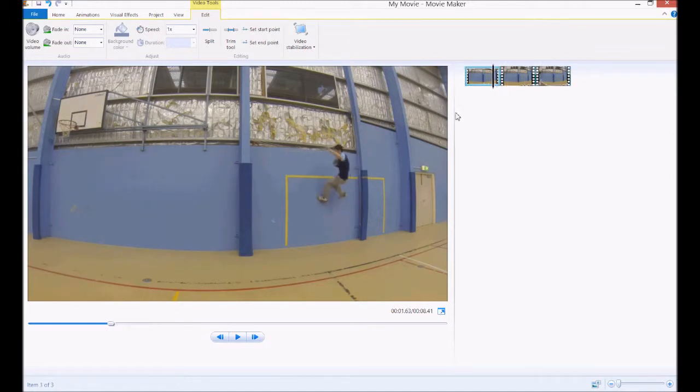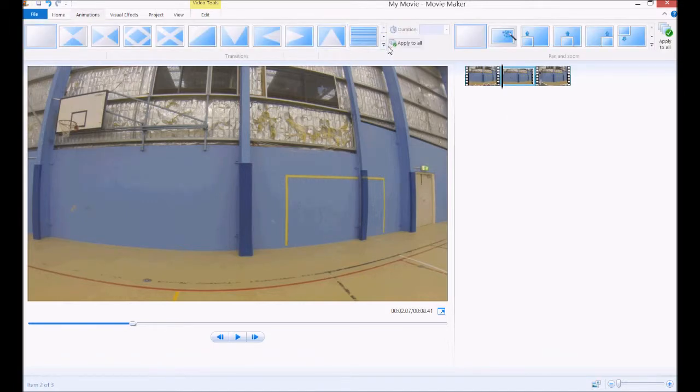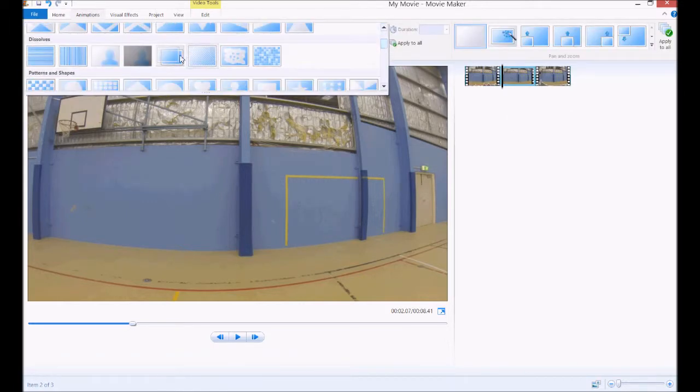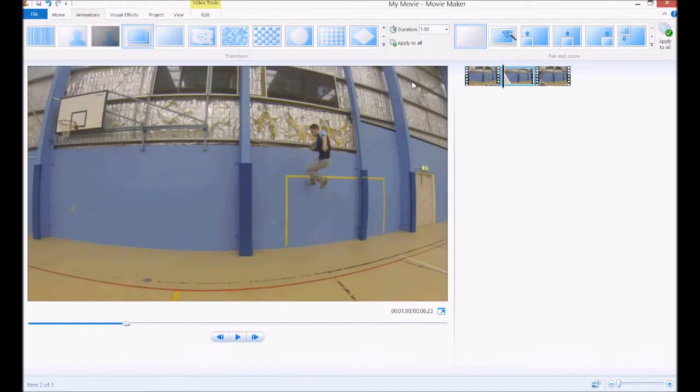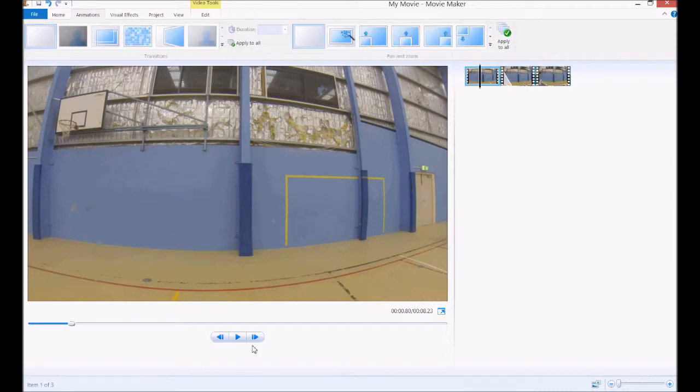Alright, now we're going to add our effect. So we're going to click on this middle clip, and we're going to say animations, and we're going to choose crossfade. Okay, now crossfade works well for us because we've got a blank clip, and we've got a moving clip, and the camera is completely stationary. If the camera wasn't stationary, this wouldn't work properly. So if we play that,